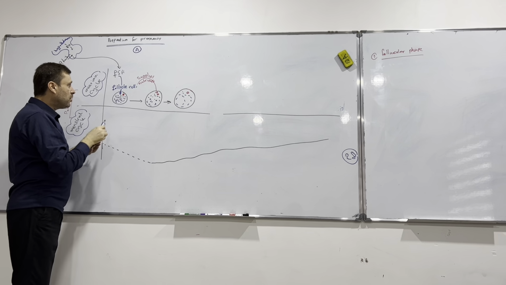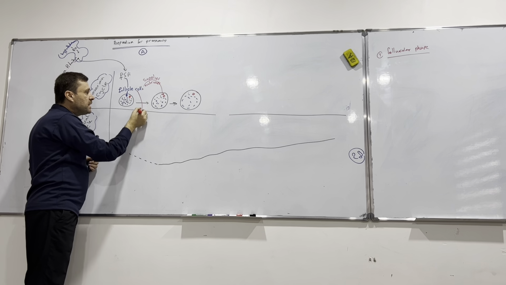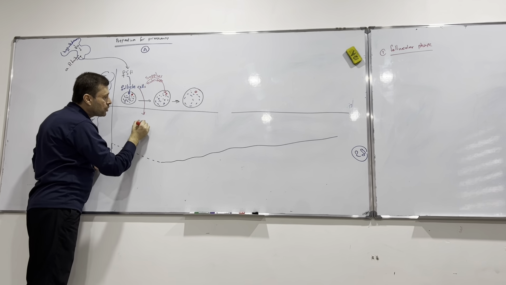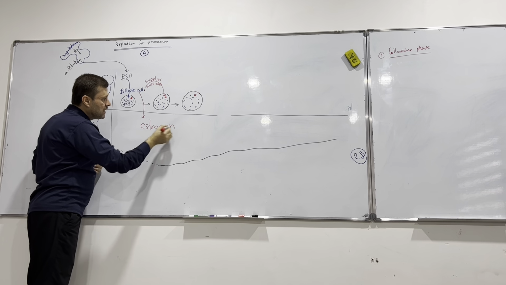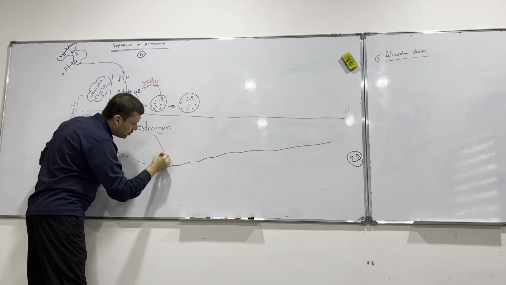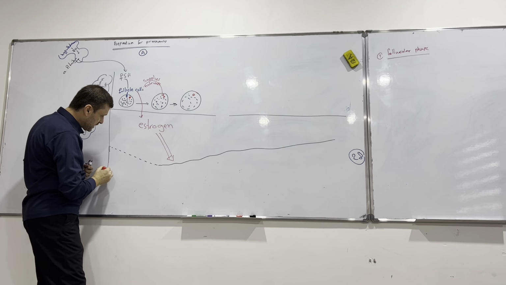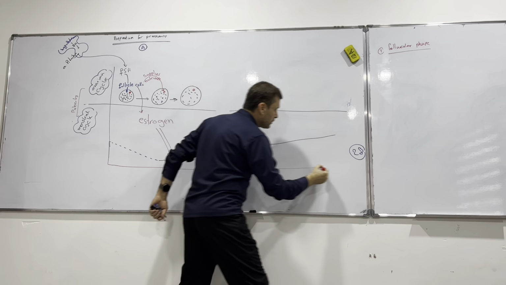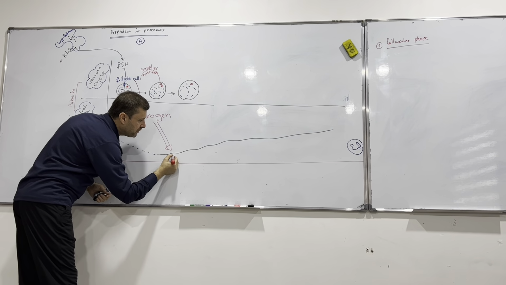And also the follicle cells secrete a hormone called estrogen. Estrogen directly stimulates the cells in the lining of the uterus